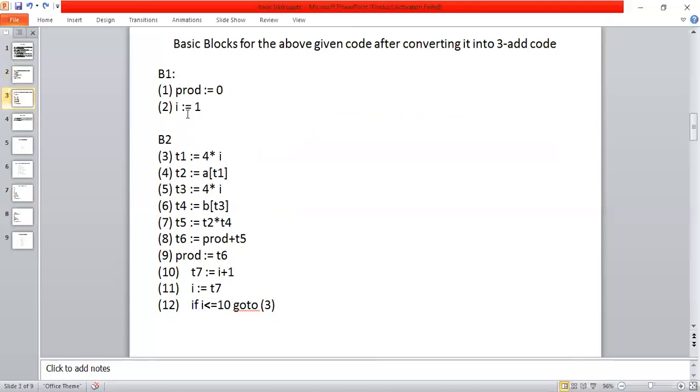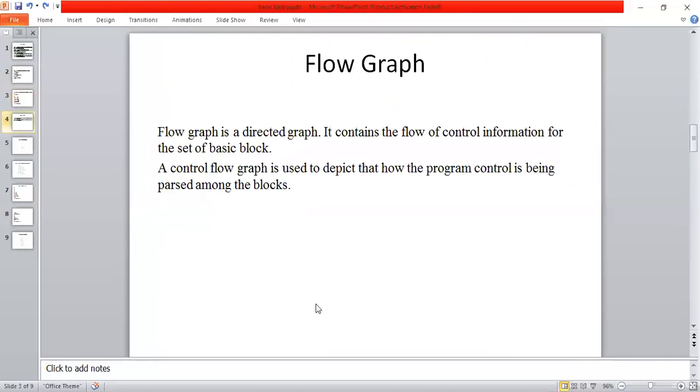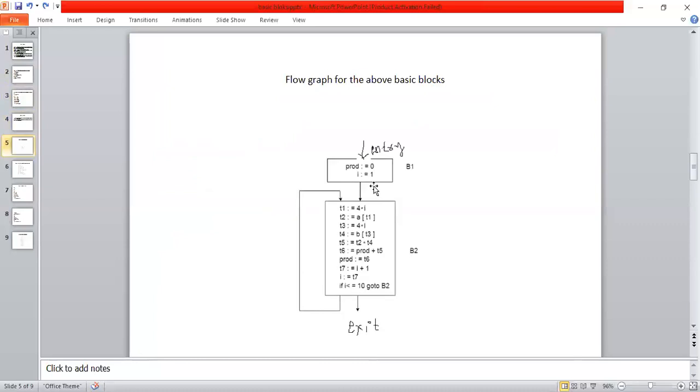So this basic block contains the entry from the beginning. Then this flow goes to B2, and similarly during the execution of B2, once again the flow goes to itself. I represented the same thing in the given graph.